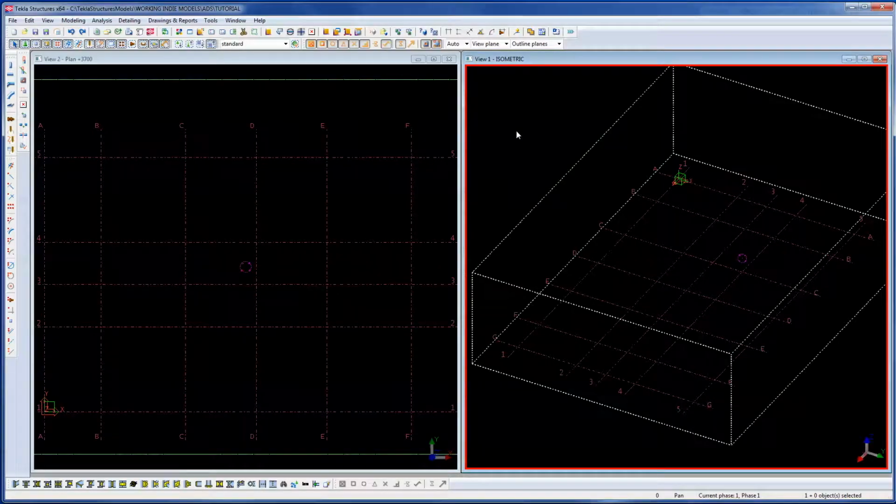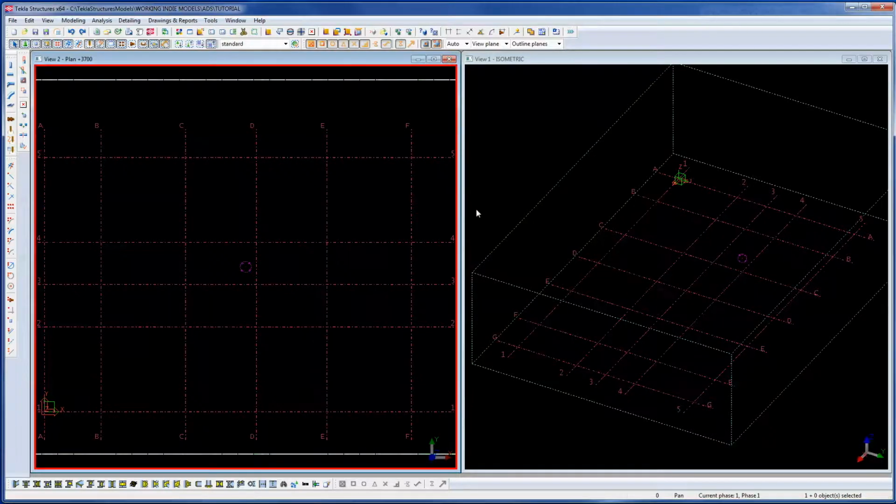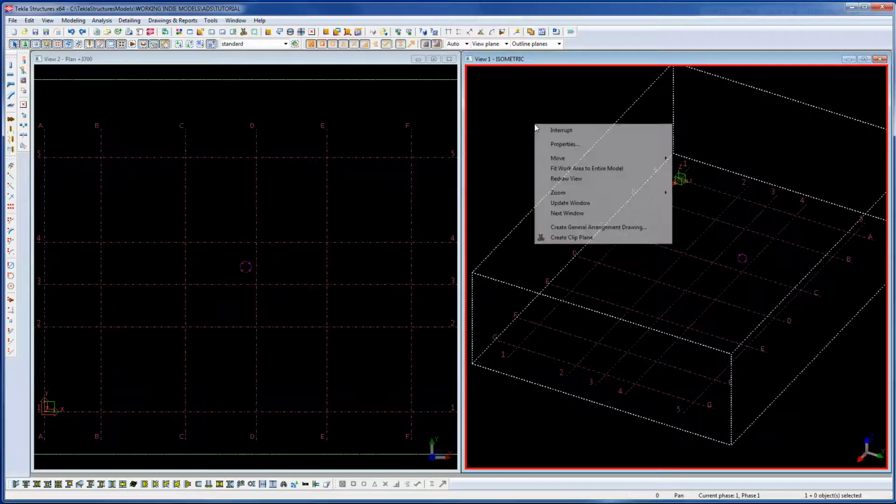Welcome to part 2 of my Tekla Basics videos. If you've seen part 1, this is a grid that we went through. I am going to draw in a basic building, show you how to put in beams and columns and some basic model manipulation tools. To speed things up, I have actually started this model, so this is your standard way